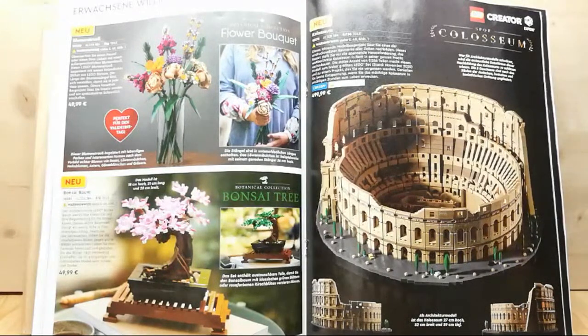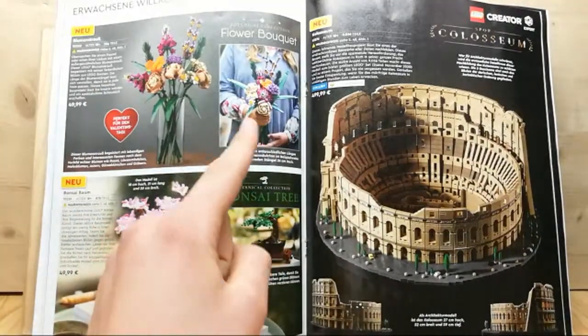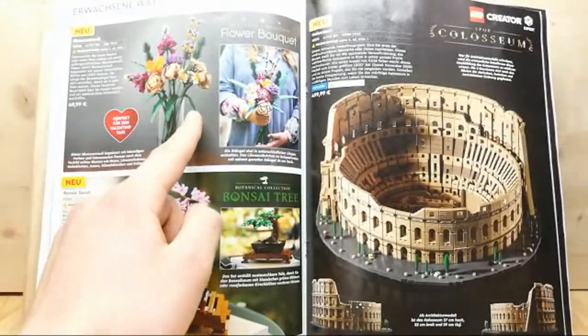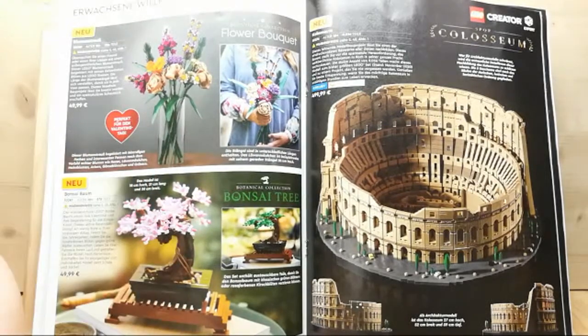But yeah, real flowers are of course better than Lego ones, and I'm not sure how stable they are. If you could actually walk around like she does and hand them to someone, but I don't think that's going to work. I just recognized that they actually use dragon wings for that. That's kind of cool, but still not worth it. I wouldn't buy Lego flowers. No. And 500 for the Colosseum is just...